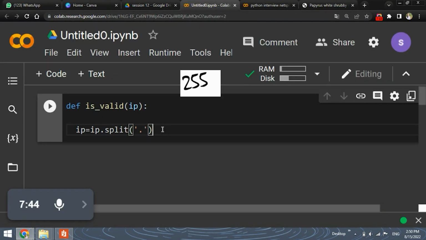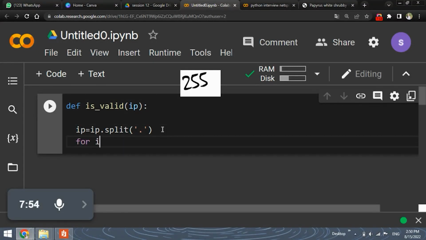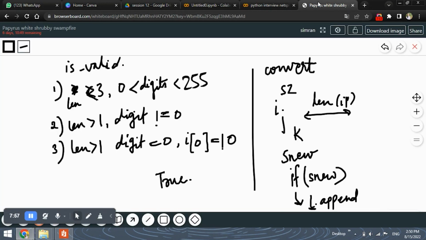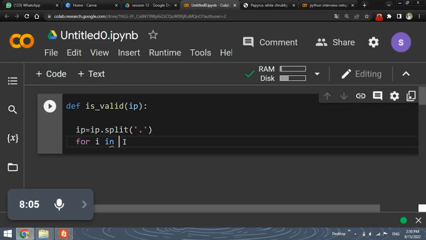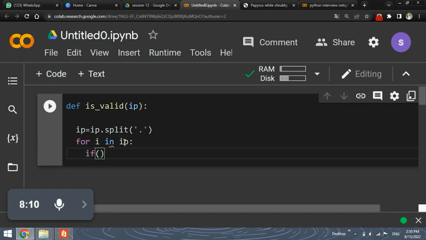So after splitting, what this split will do is it will create 4 parts of the given IP. Now we will be applying these 3 rules or parameters that we have written over here. We will be applying this in the code to check whether it is a valid IP or not. So for I in IP, first will be that the length should be less than 3. So if the length of I is greater than 3,